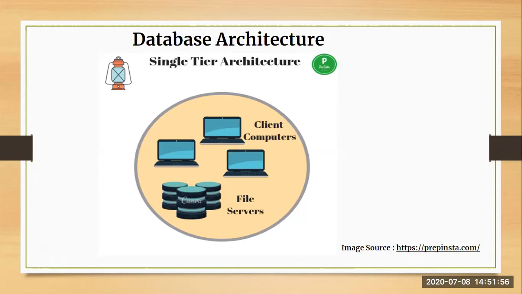When we talk about n-tier architecture, it divides the whole system into n number of related but independent modules, which can be independently modified, altered, changed, or replaced. Okay, we will start with the very first, that is single-tier architecture. In single-tier architecture, your server and your client work as one. They are working as one platform, so that is called single-tier architecture.